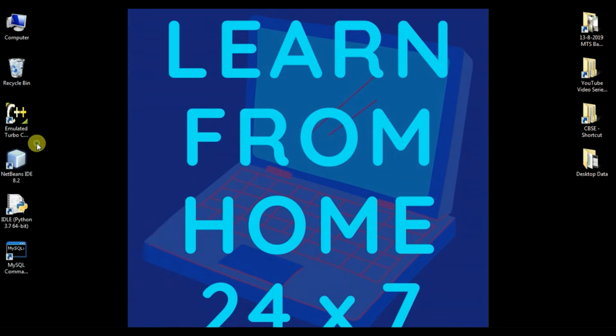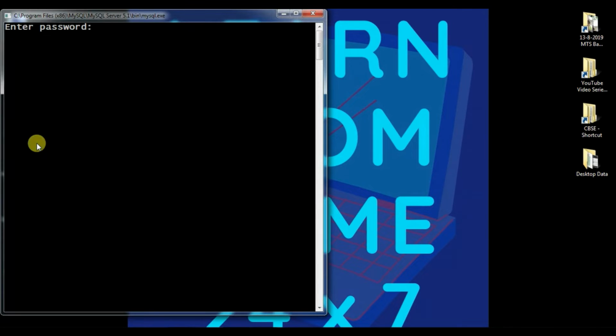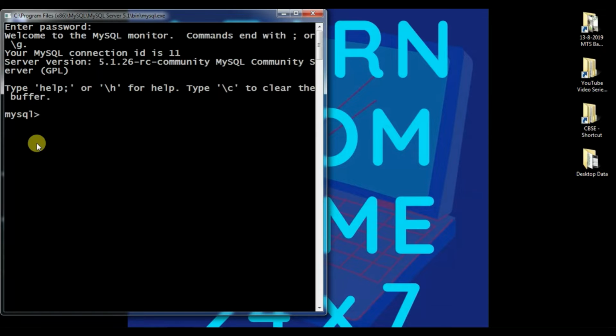So here I am going to open MySQL. As I didn't give any password in MySQL, I am directly going to press enter over here. Whatever password is given by you, you have to enter once the MySQL screen is going to open. After that, one welcome message is there that describes that you had entered the right password.